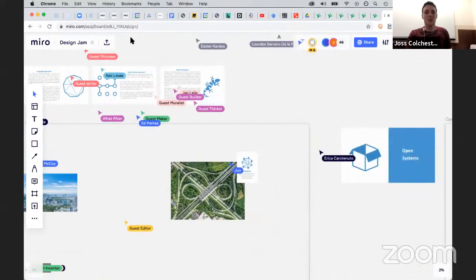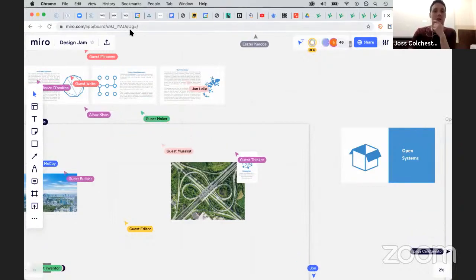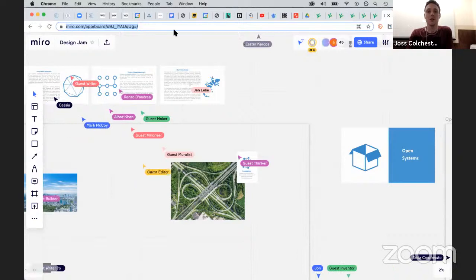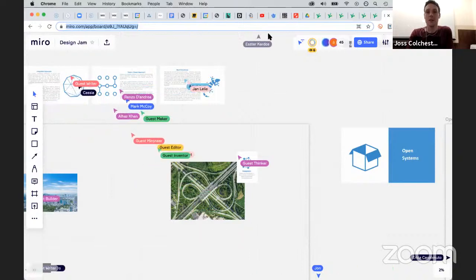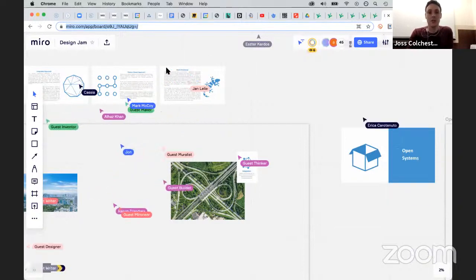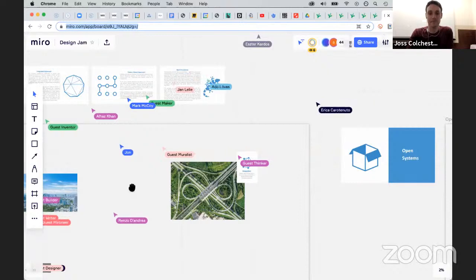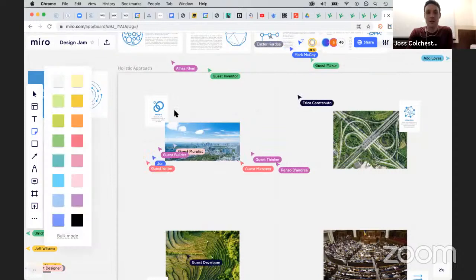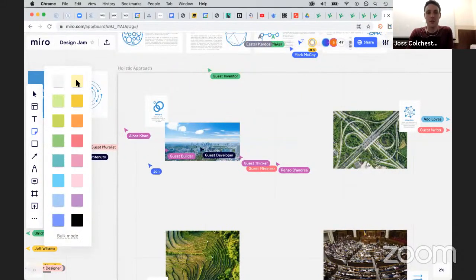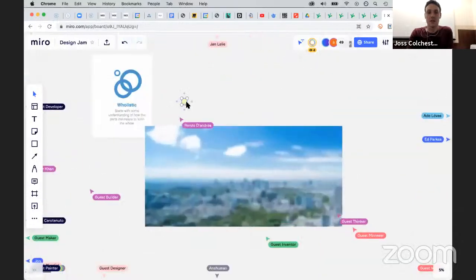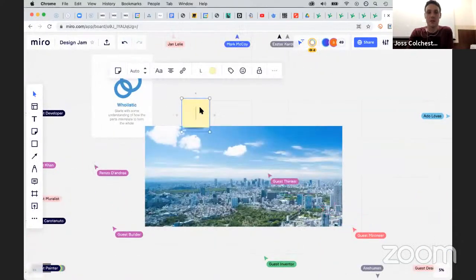I'm going to share this Miro board link with you now. Here it is in the chat, if you could join when you're ready. And take a look at this first board, and you'll see each of those things I just mentioned beside an image. And I want you to grab a sticky here, and post up the sticky, whatever color you want. And let me set the right size.